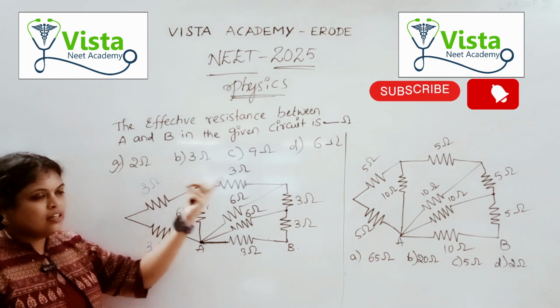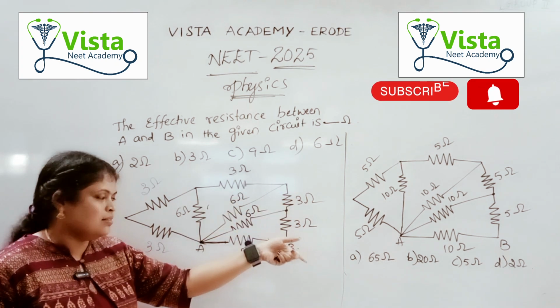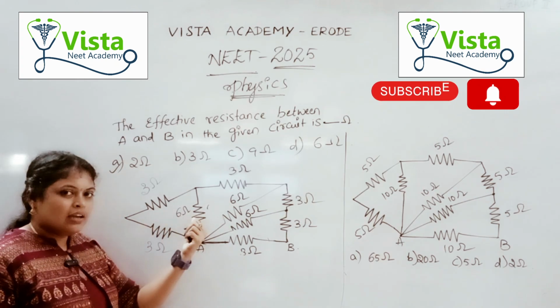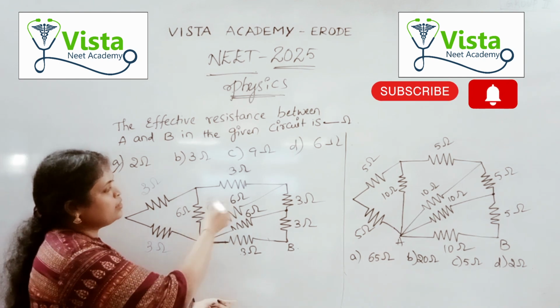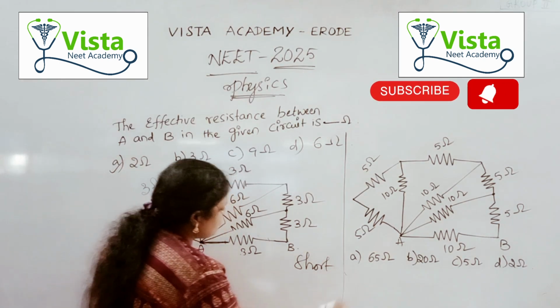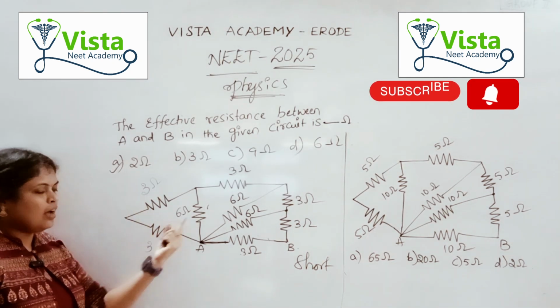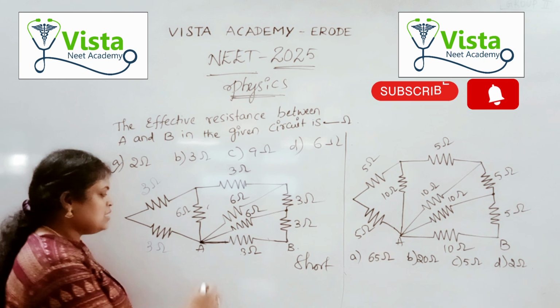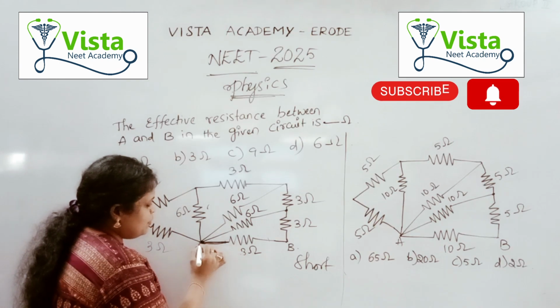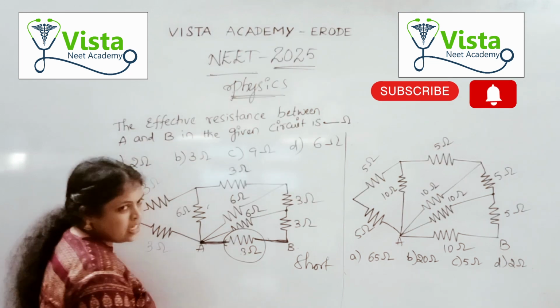And without any further delay, here all the resistors are connected in series and parallel, but without making more complication of connecting in series and parallel, we have a shortcut trick, that is, when all the resistors are connected in 3 and 6 ohms. So let us see how we are going to find it. From A to B, whatever the resistor it is connected, it is 3 ohms, right?